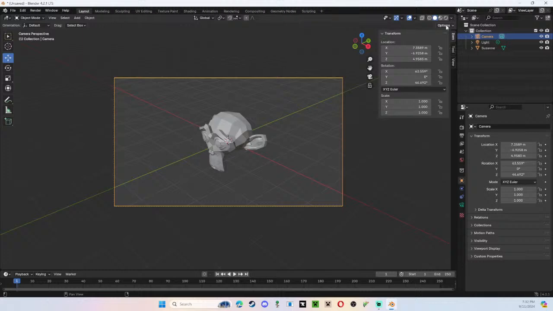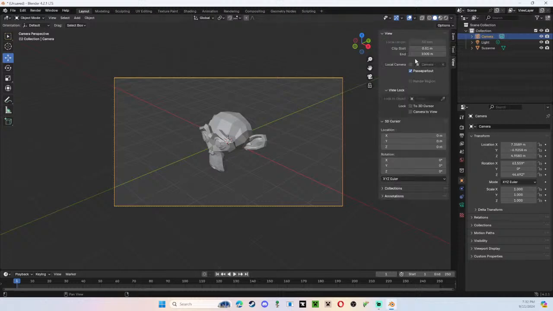And then go to view. There's a little box there that just says lock to camera to view. So now,